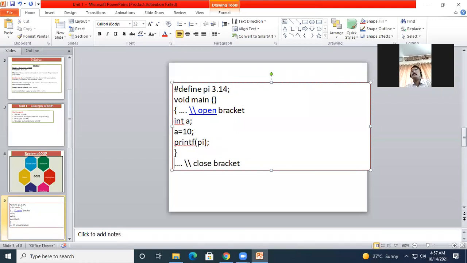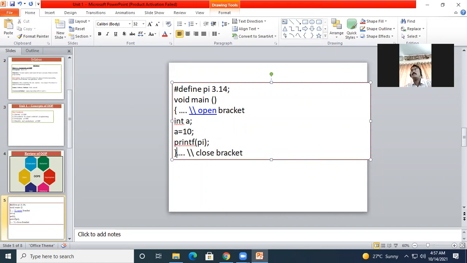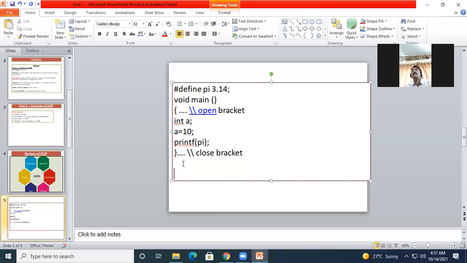Outside this close curly bracket of the main function, if I have any other function created like this main function, and I wish to use the value of this pi variable, I can easily access it because I have defined this pi variable before the declaration of this main function. That means outside of this main function, and it is accessible to all the functions written after this statement.